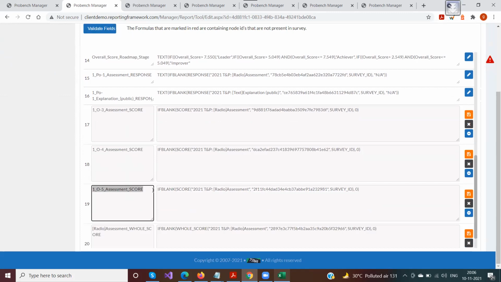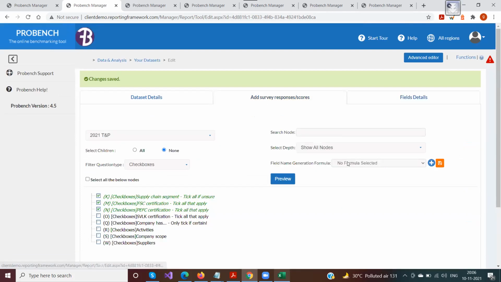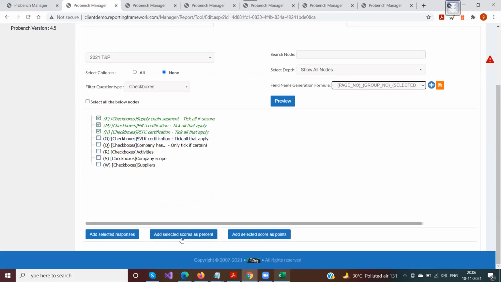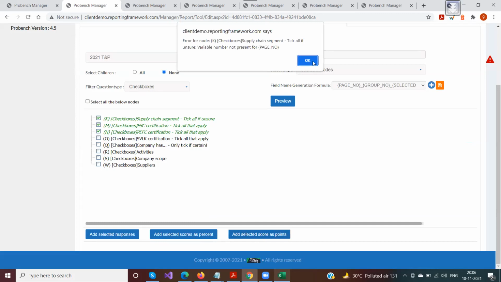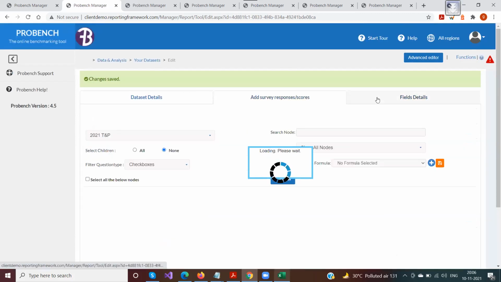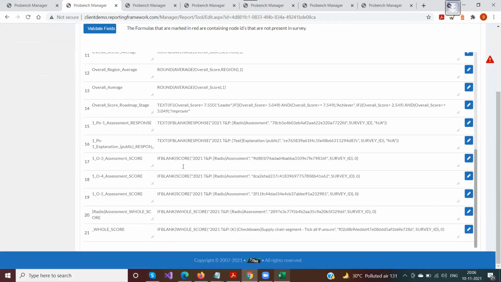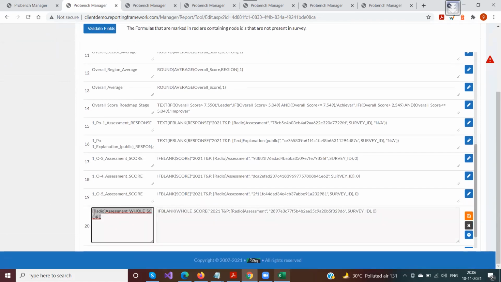It does not forget its hierarchy. If I do this, these are the check boxes, and I don't see any tree here. But when it creates the whole scores, you will have this particular hierarchy in place, and it would show in that formula.